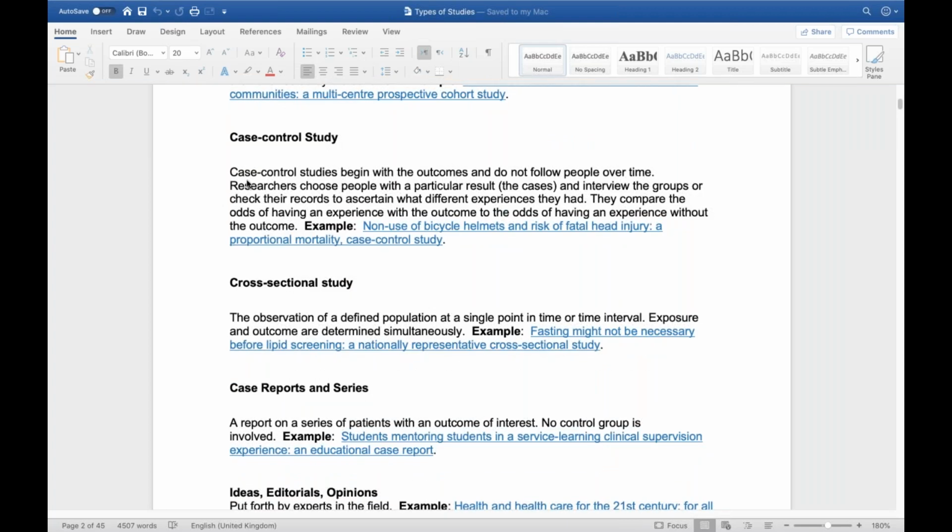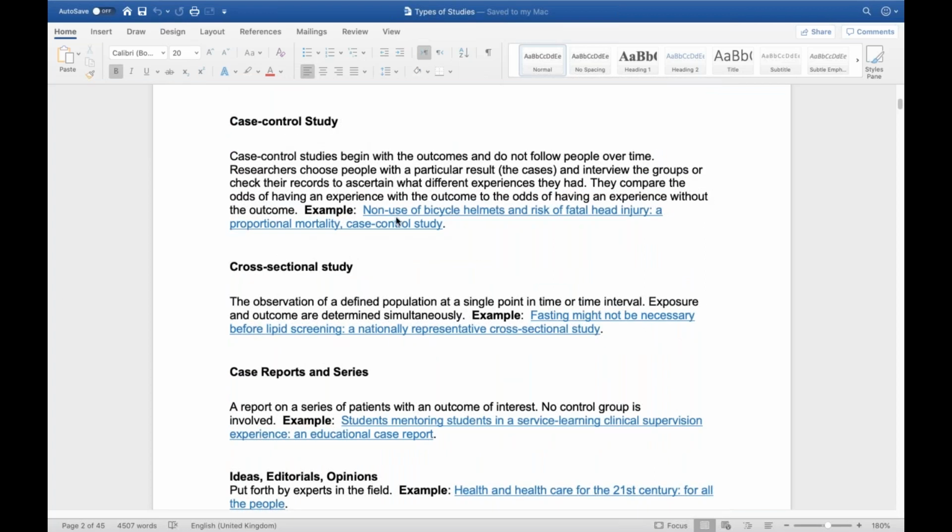The case control studies, we spoke about case control studies, begin with the outcome, as I told you, because they are usually concerned with rare conditions, or things that are not common to the extent that we can do a cohort study. So start from the outcome and do not follow people over time. Researchers choose people with a particular result, cases, and interview the groups or check the records, to ascertain what different experience they had. So check the records or just ask them, and then compare the normal people with the people who had the pathology. Okay, so it's usually done